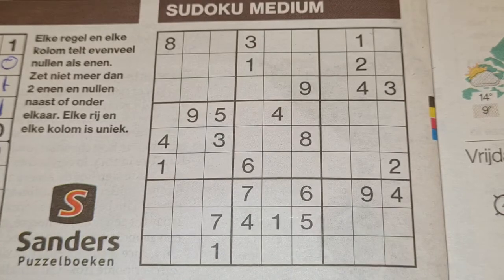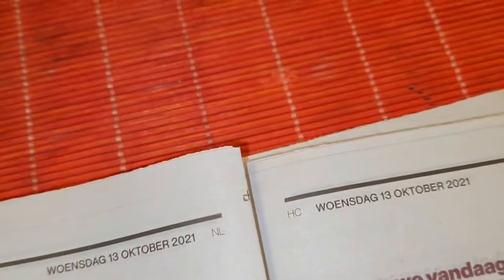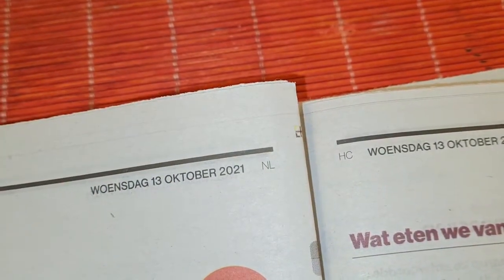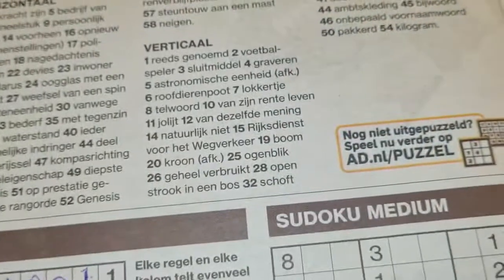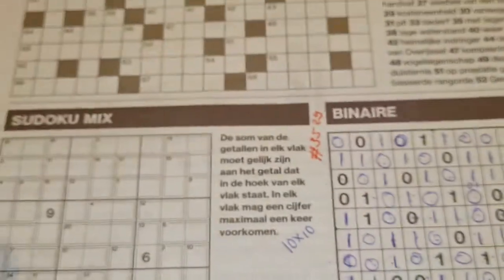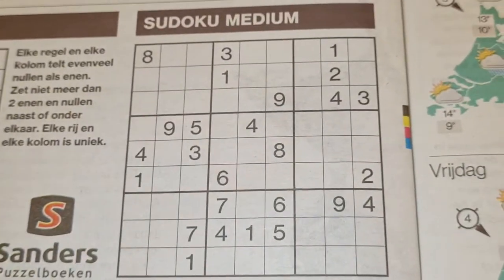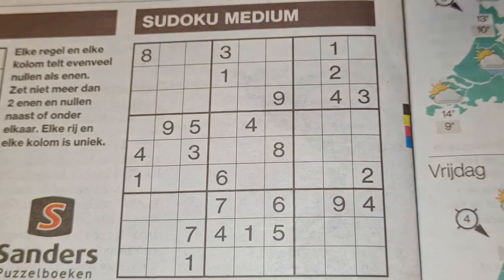Second regular Sudoku is a medium Sudoku in today's newspaper of Wednesday. Yes, it's Wednesday, October the 13th, 2021. We have here three regular Sudokus. The first one I have solved, the binary. We have here the killer Sudoku, and now I will continue with solving the medium Sudoku, and this will be number